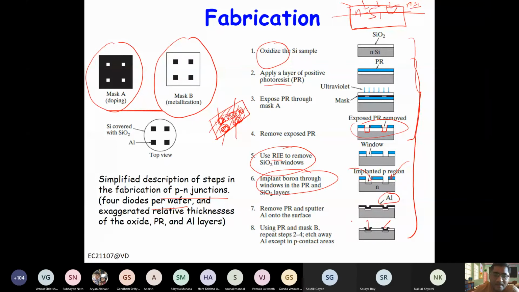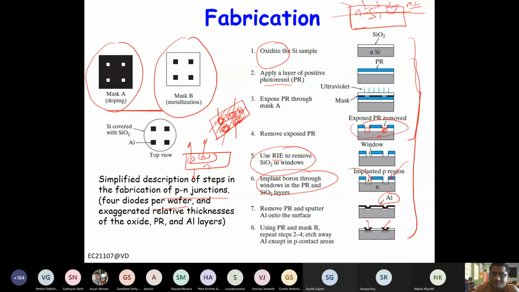Now let's say you want to make it more complicated. Let's say this is your N-type substrate, right? Then we make a P-type well here, right? You can make another N-type here, so this will become like a PNP transistor, right? So again, you have to repeat the same thing, to make the structure more complicated. So we can get whatever device we want by following the same processes in certain permutation and combination.